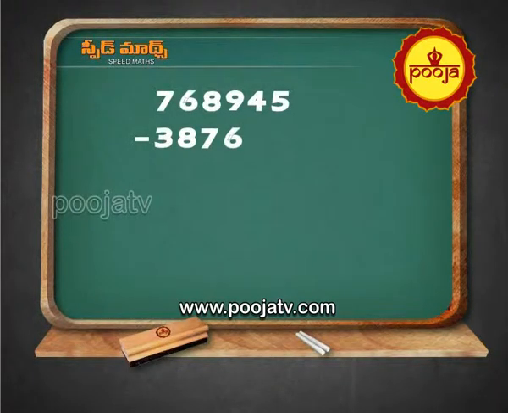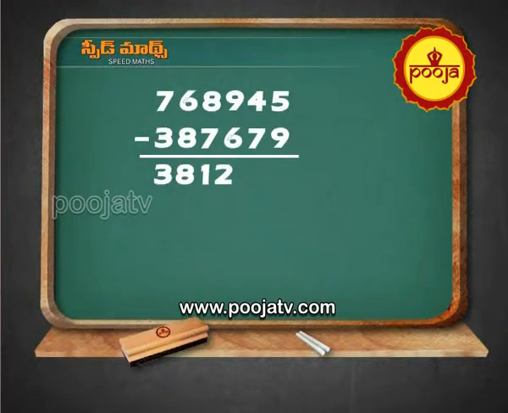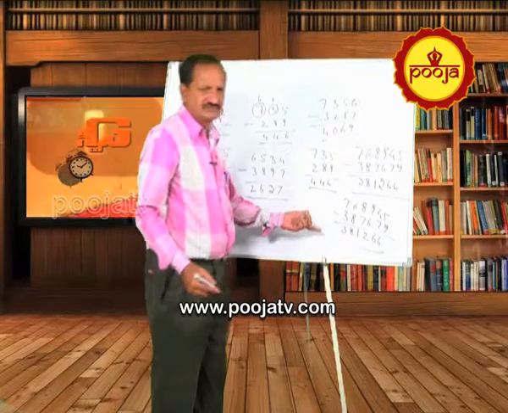Immediately 7 minus 3, 4, but it is a mismatch, 3. 2 plus 6, 8, but it is a match, 8. 8 minus 7, 1, but it is a match, 1. 9 minus 6, 3, but it is a mismatch, 2. Complement of 7 is 3 plus 4, 7, but it is a mismatch, 6. Complement of 9 is 1, 1 plus 5, 6. Okay, just you can do it in a few seconds.